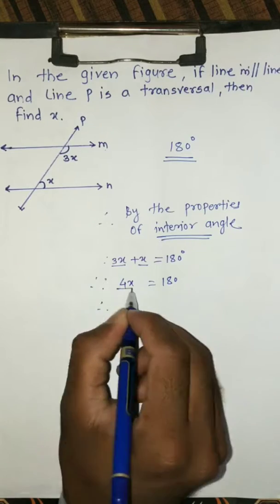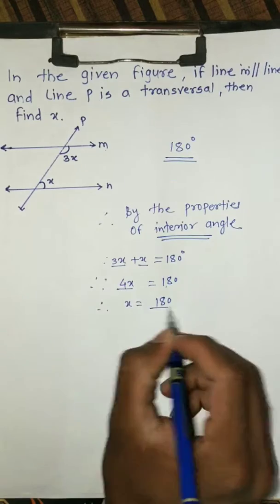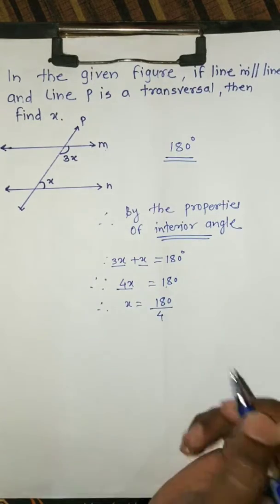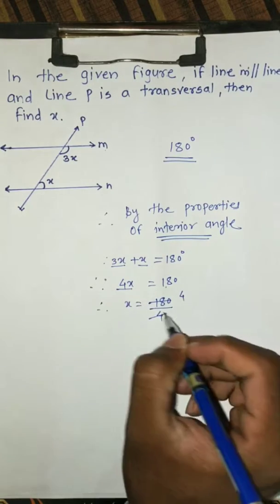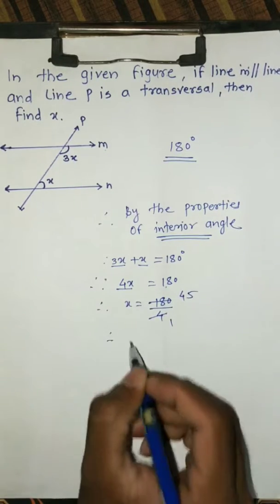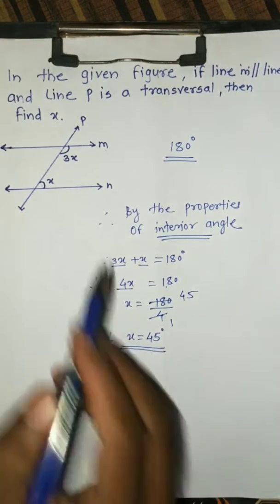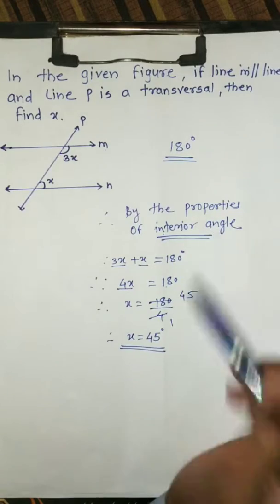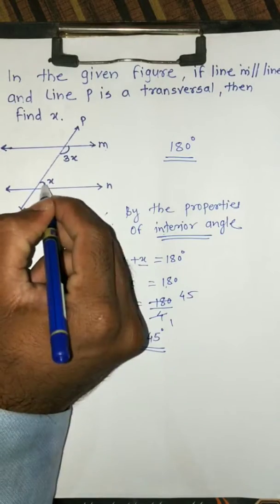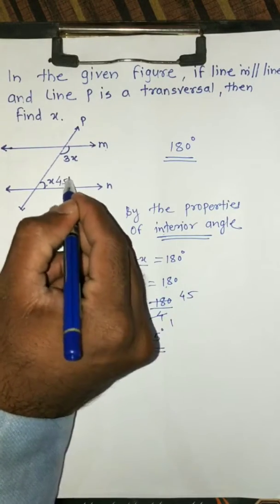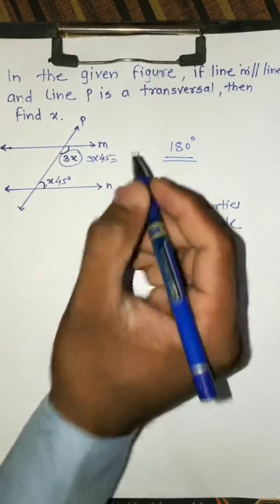Therefore, x is equal to 180 divided by 4, so x is equal to 45 degrees. By the law of interior angles, we can find x. That is why the measurement of this angle is 45 degrees, and this angle is 3 into 45,